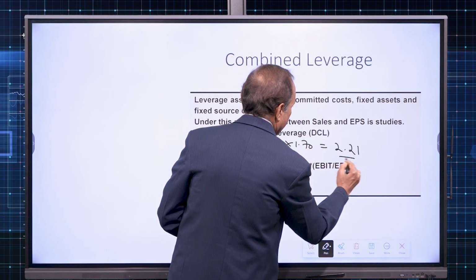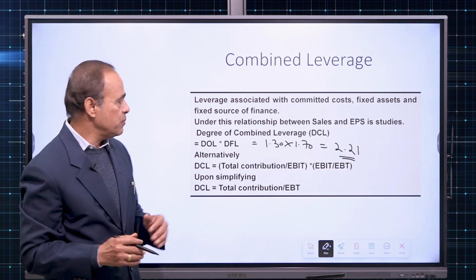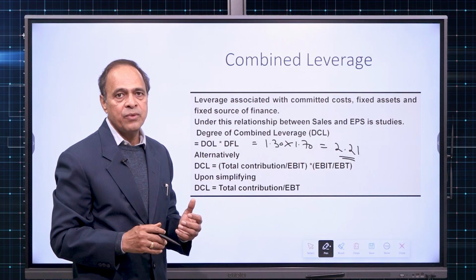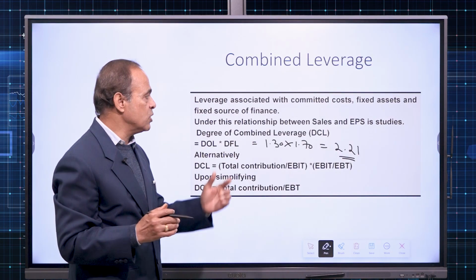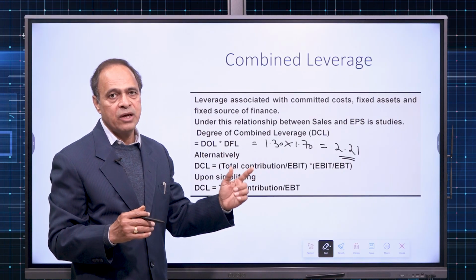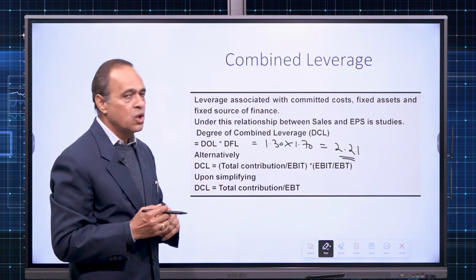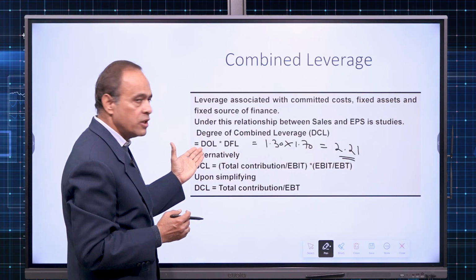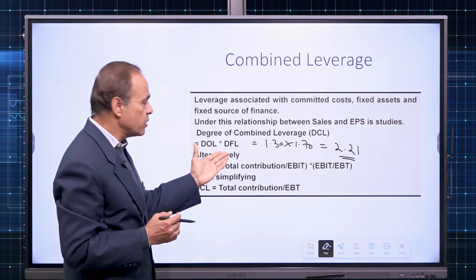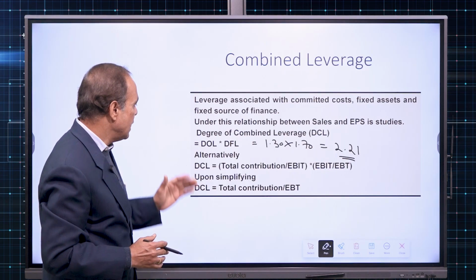2.21. Now what this 2.21 signifies? That from the base sales level, if sales changes by 1%, EPS will change by 2.21% for every 1% change in sales. So that is combined leverage or total leverage. How do we calculate it? Calculate first the DOL, calculate DFL, product of both of these is DCL. Alternatively,